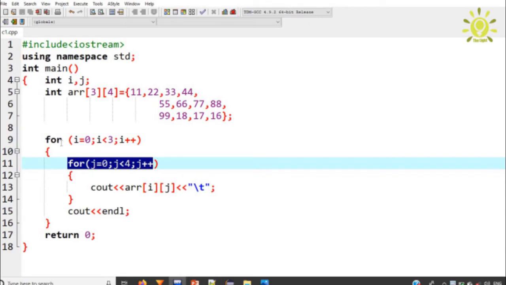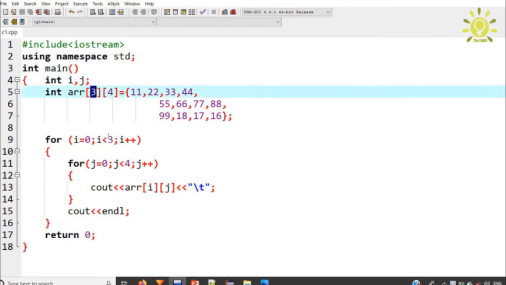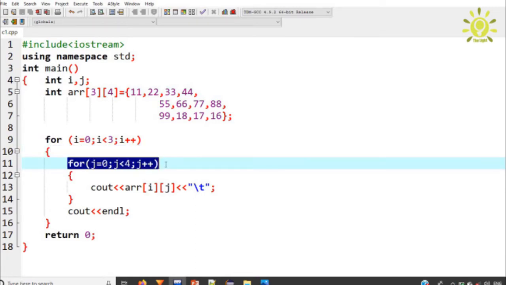The outer for loop is used for handling the rows of the array, with the condition matching the number of rows. The inner loop is used for handling columns.